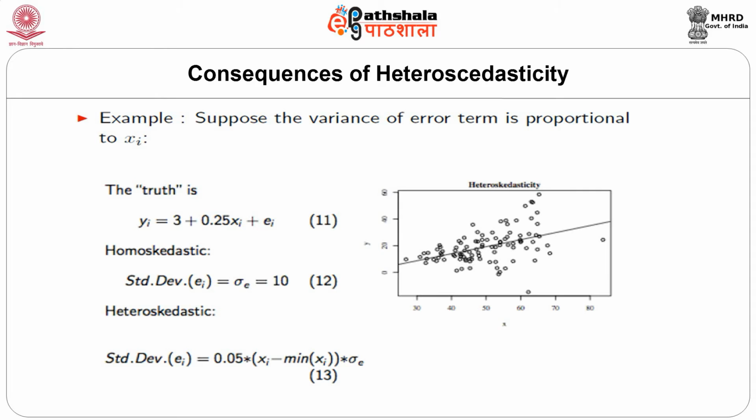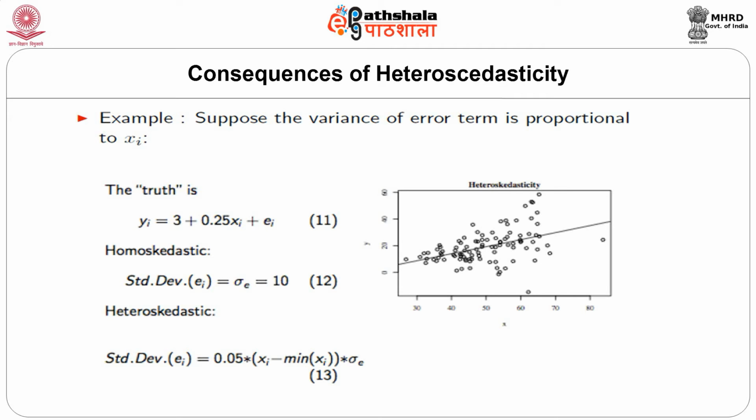Now, here is an example where we will look at the plots of the regression line to see how the performance of weighted least square differs from that of ordinary least square. Suppose we have the variances of the errors proportional to the square of the explanatory variable, that is proportional to xi square. Suppose the true regression model that we have is in the form yi equals 3 plus 0.25 times xi plus ei, where ei is the error term,